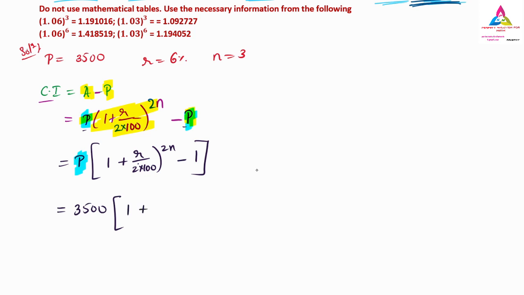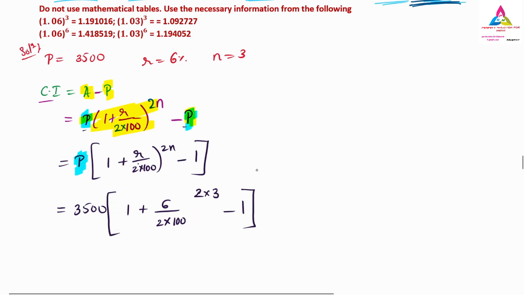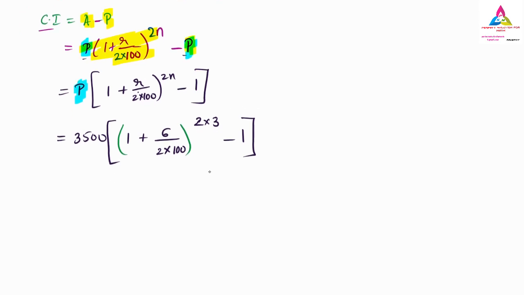Remember, the r value is 6% divided by 2 into 100, raised to the 3 years they have given. So 2 into n value is 3, minus 1, the whole bracket here we can put. So I will make this bracket a small bracket, then we will not have any confusion. So let us continue. I will take a little bit down. So 3500,